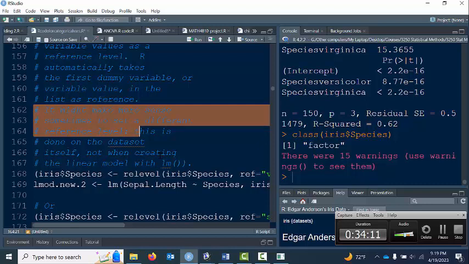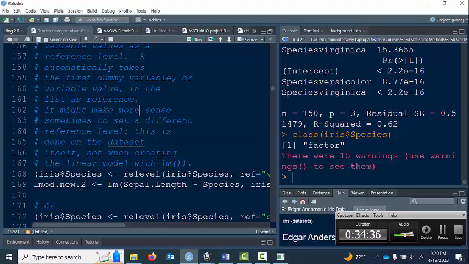You're giving people placebo or 0 level of active ingredient, and then group number 2 gets 5 milligrams, group number 3 gets 10 milligrams, group number 4 gets 15, and group number 5 gets 1,000,000 or whatever. It might make sense to force a different reference level, and set that to be the control group. You can do this with the relevel command, but you do this on the data set